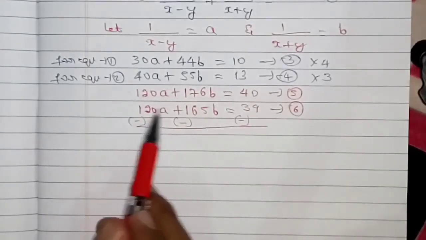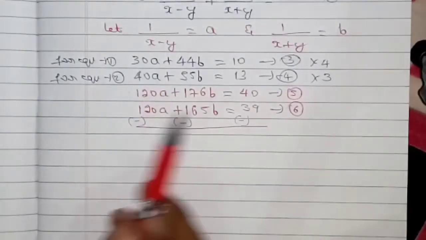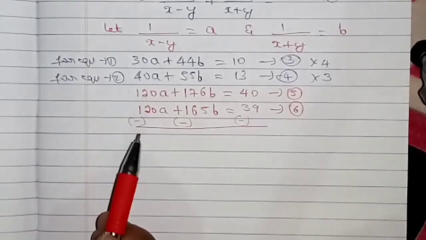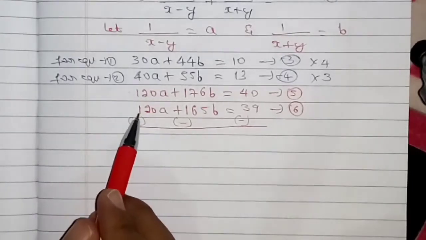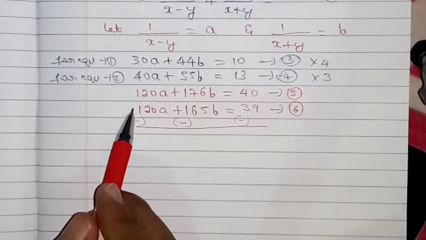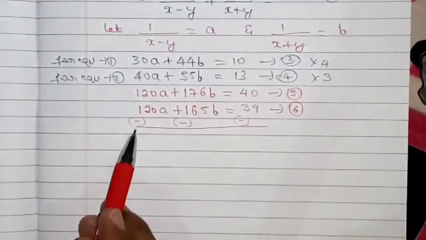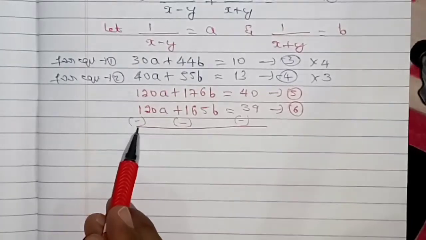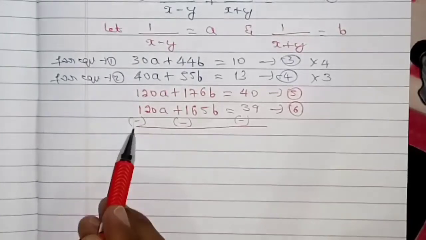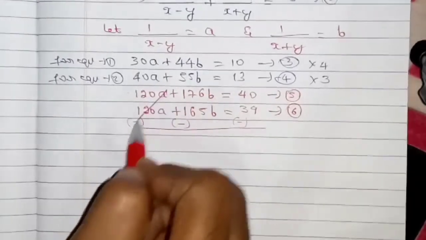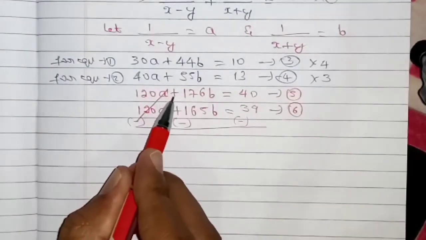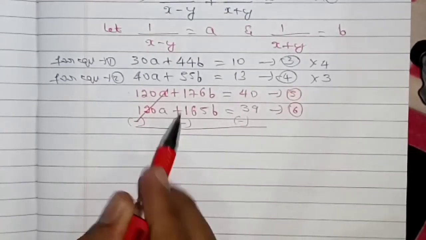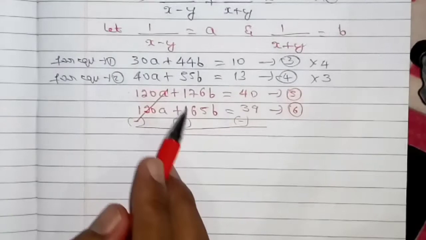Now you need to neglect the middle symbol. This is the method that you need to follow for the elimination method, right? Now you need to neglect the middle symbol, and you need to take the first and third symbol. What is the first symbol? First symbol is plus, and the third symbol is minus. So plus into minus is minus, so therefore it gets cancelled. Okay children, here you need to take first and third only, right? Now plus into minus is minus, so therefore subtract.